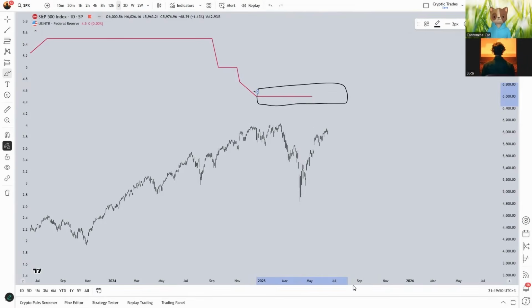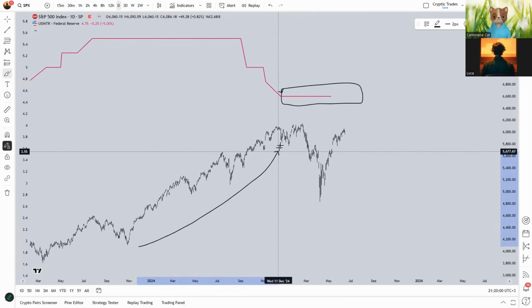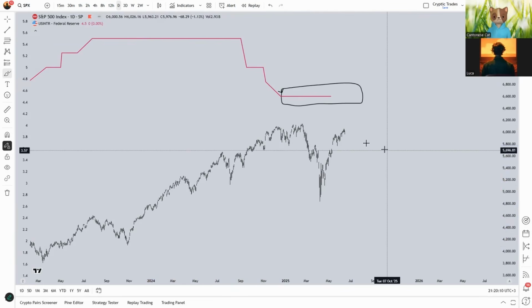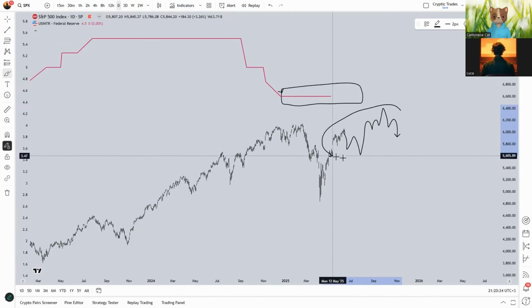And while they'll have stable monetary policies, we will see a very similar risk on period to the one we've seen back in 2024, which led to higher prices in equity markets. But this time, however, because from a cycle perspective, we're nearing the end of this bull market, I believe the main spotlight will be on risk assets. And I believe we'll enter a complacency phase in traditional equities and big indices such as the S&P 500 and NASDAQ and the DJI, while liquidity starts flowing into risk assets. So what are your thoughts on that?